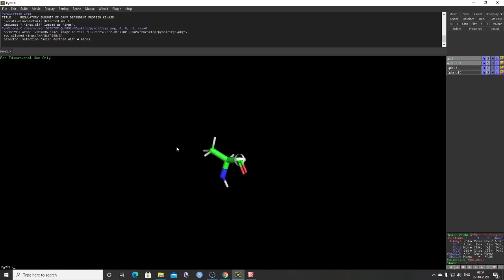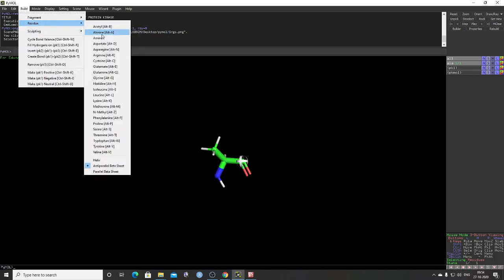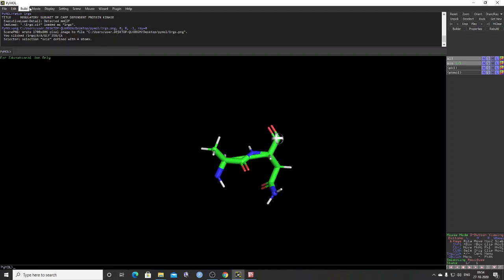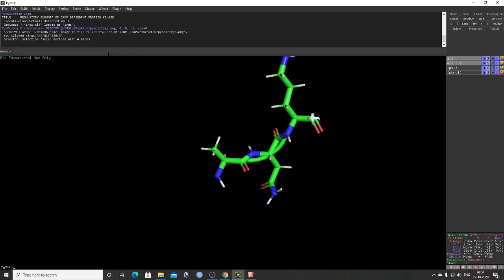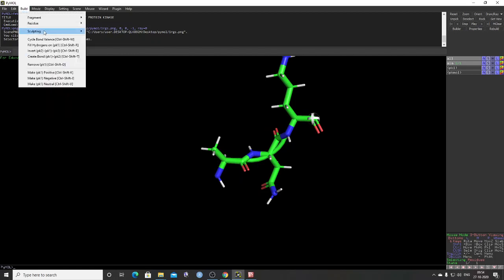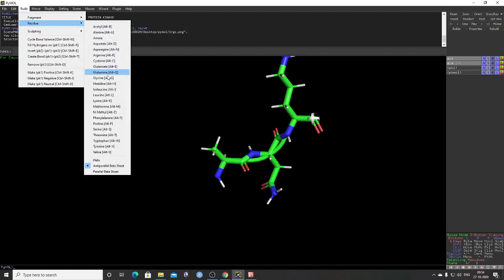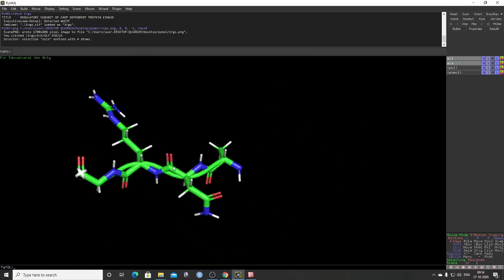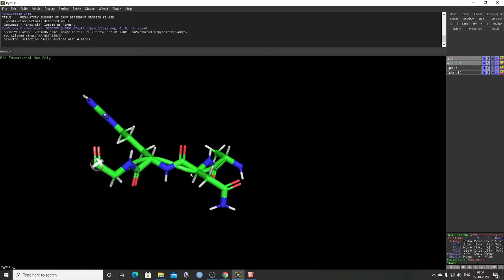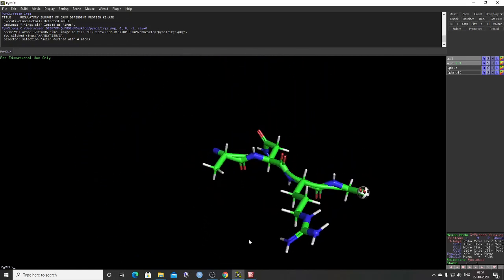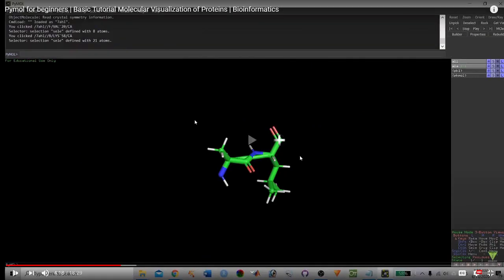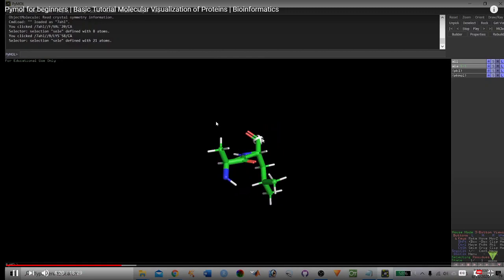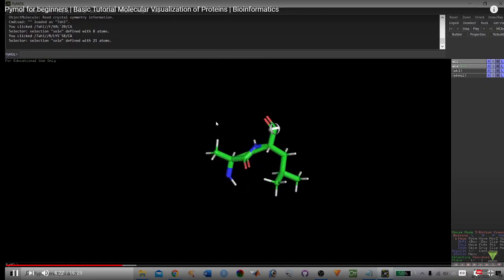So this alanine amino acid is there. After alanine, we want to add another amino acid. So this is asparagine. The next amino acid we want to add is arginine. The next amino acid if you want to add, this is glycine. So likewise this molecule goes on adding, right, and it takes up the three-dimensional shape. So this thing we are explaining here. Here you can see the primary structure of proteins being built like this.